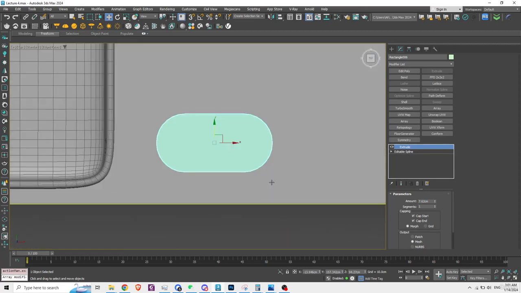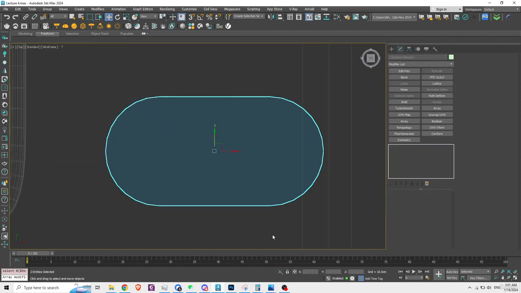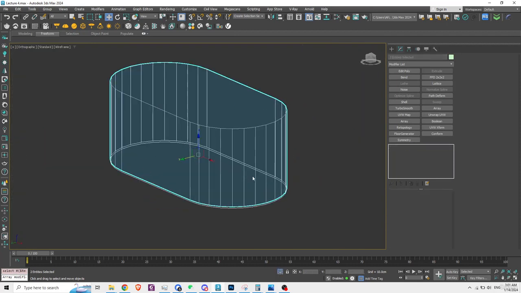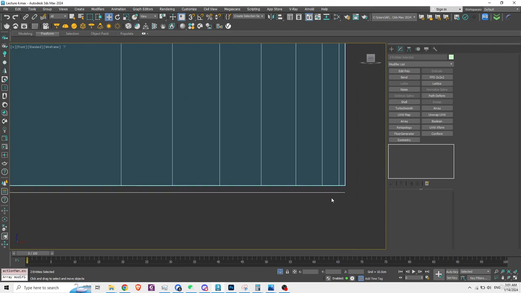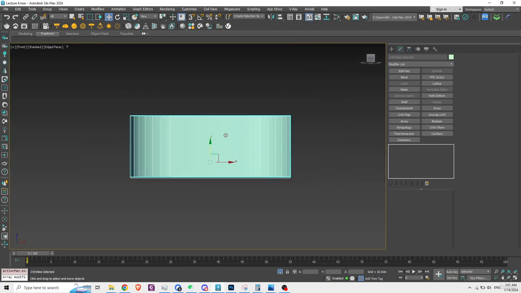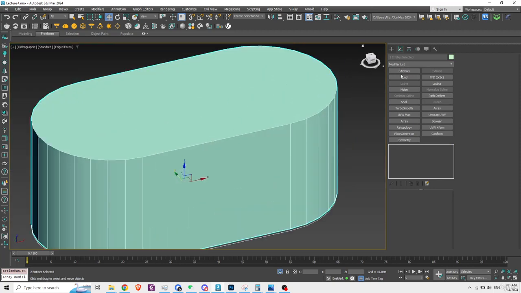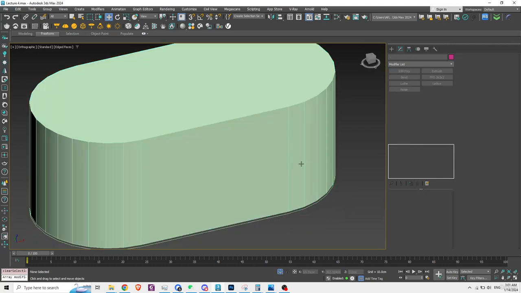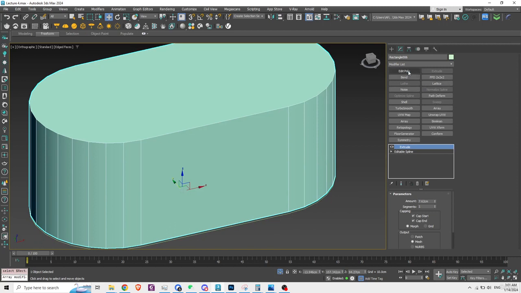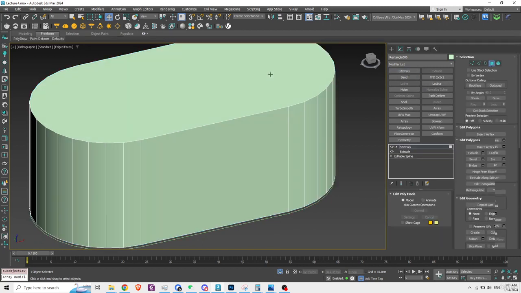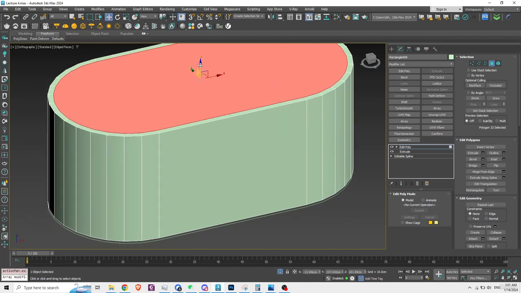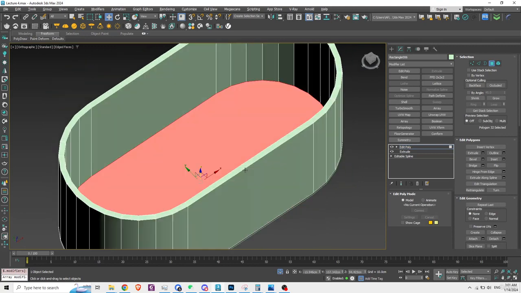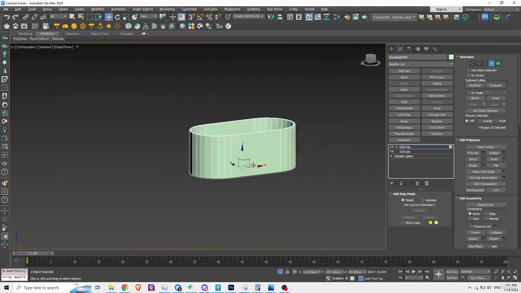And we can isolate both of these rectangles. So you can see we have a rectangle here which we copied earlier, and we have a rectangle up there which we just extruded. I will apply edit poly modifier on the top one, not on both, only on the top one, and I will select inset and I will move it down with the help of shift move. If you don't want to move it, you simply extrude minus. Okay,